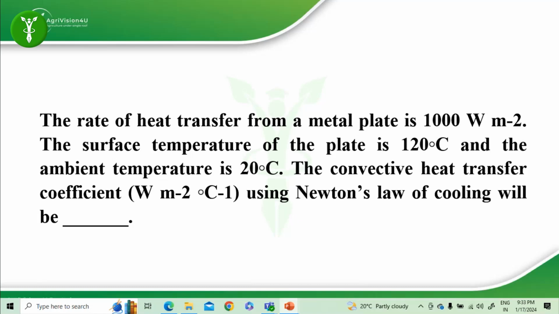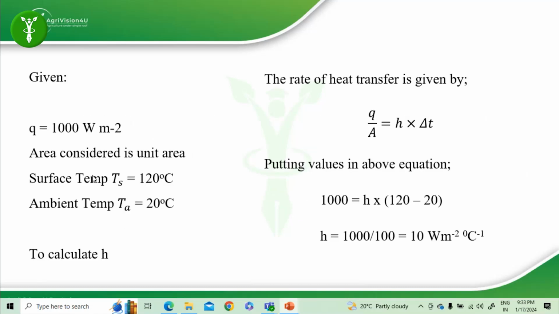So we will pen down first what is given. We have been provided with the Q. We have surface temperature as Ts. We have ambient temperature as TA. And the area considered here is unit area. We have been asked to calculate the H, the convective heat transfer coefficient. So we have the formula for the rate of heat transfer